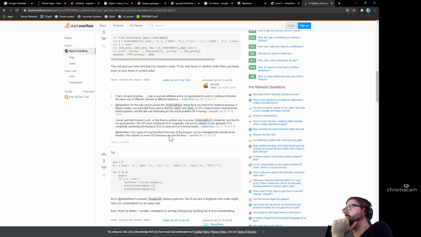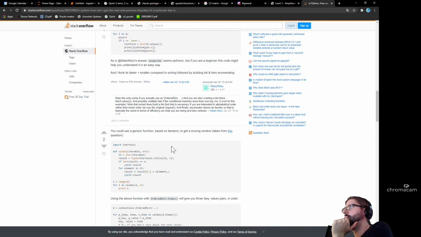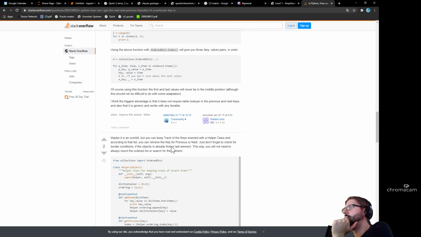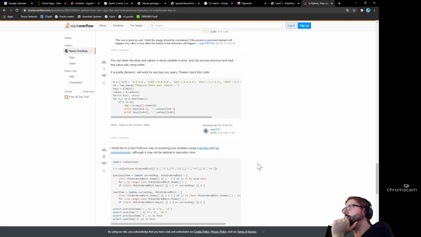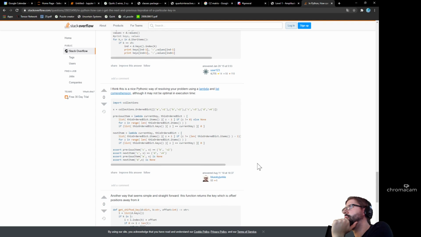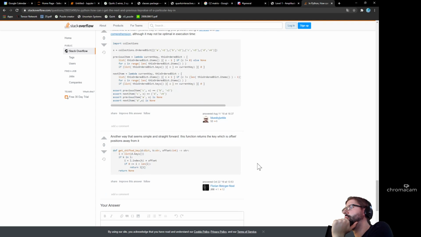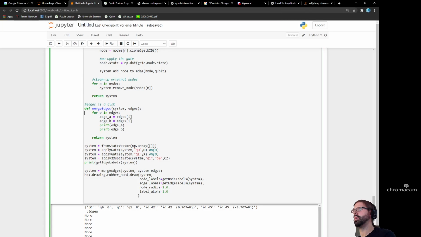There's got to be a nicer way to do that. Key shift. Lambda. Yeah, or I should just like